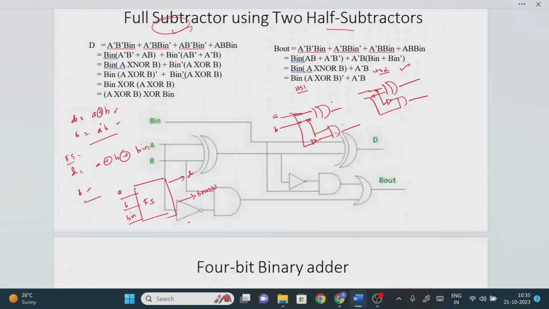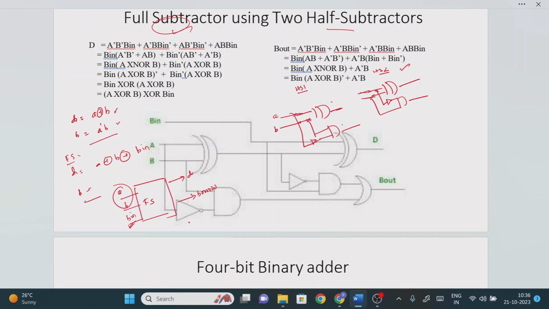But if you see this diagram, how many inputs do we have as of now? Only A and B. What is the one missing? B in. So where can we get the B in? We cannot take this as the B in, because B in is an input terminal and this is an output terminal, so this is not possible. Again, this is also an output terminal. These two are output terminals, so we cannot make them the B in. Now what are the possibilities? If you observe this XOR logic gate, this is an input and this is also an input, which means we can take any one of these two terminals as the input terminal.